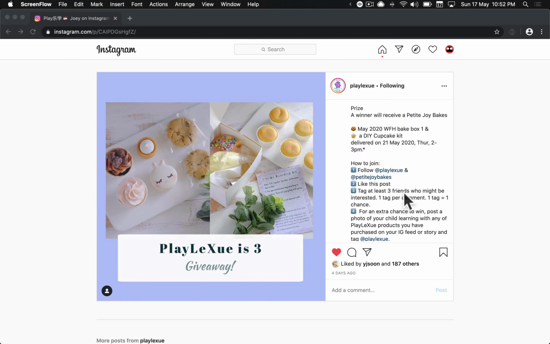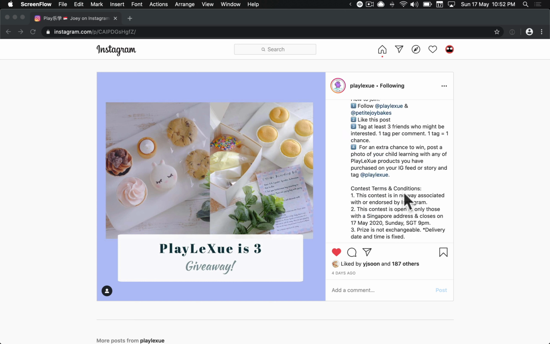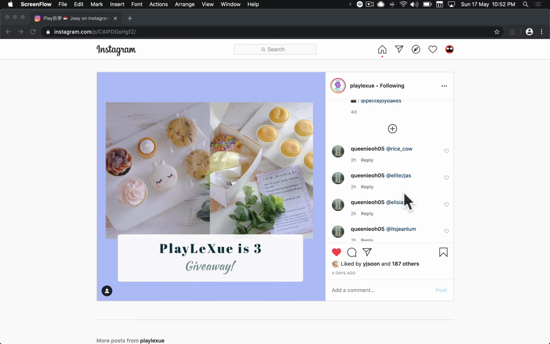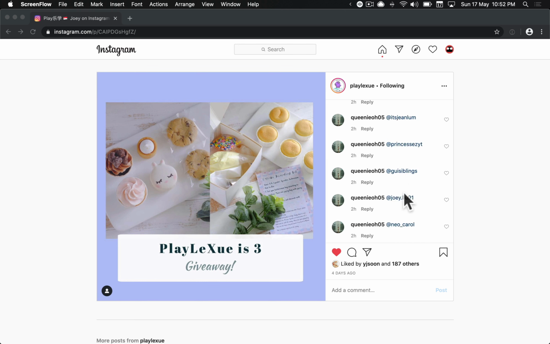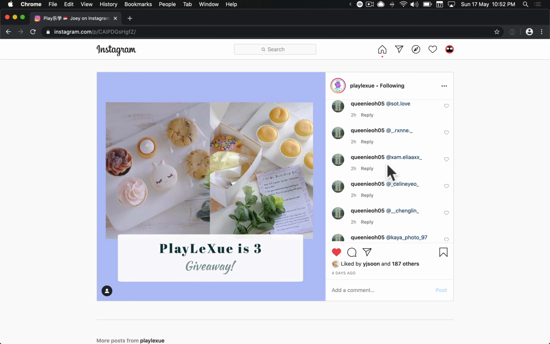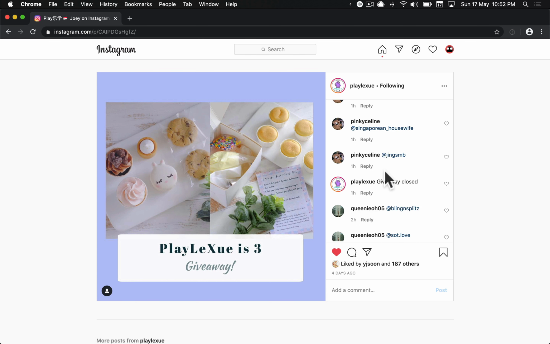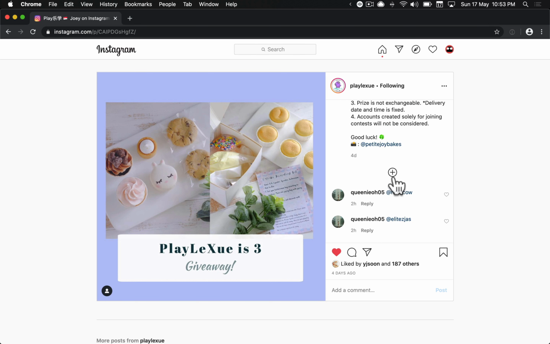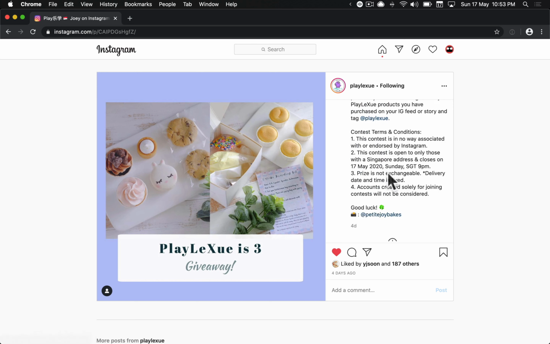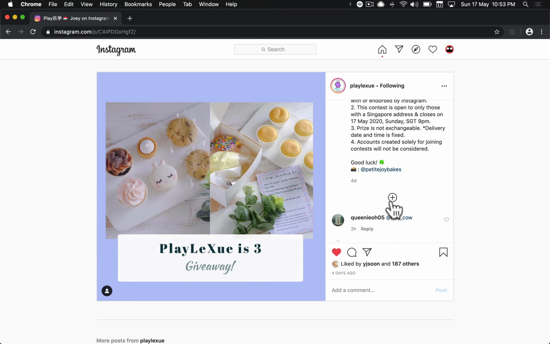I'm just going to scroll up and down as I'm talking. I know it's very irritating. Instagram on the website doesn't show all the comments at once. You have to press this little plus button, and it loads a few more, in some random direction, which is very irritating. It loads upwards, and then you need to scroll up. As you can see, this person has commented a lot of times, so she's definitely hoping to win, or she's got a lot of friends.